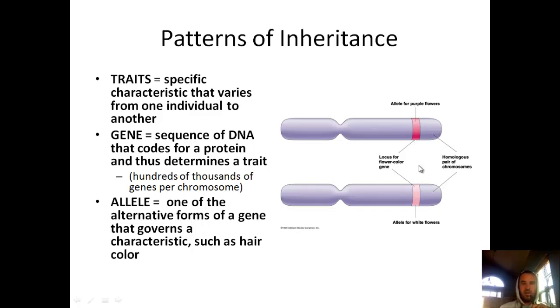And this is what we call a locus. A locus is kind of like your heart is found in an area of your body, or the lungs or your liver are found in an area of your body, and it's the same in everybody. In human beings, you have a chromosome, and the gene for certain traits would be on the same area of a chromosome. It wouldn't be flipped around. So for flowers, this is saying that this flower color gene is located on this specific area of the chromosome.